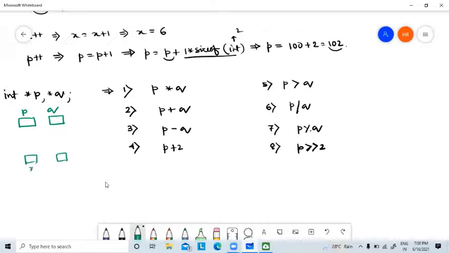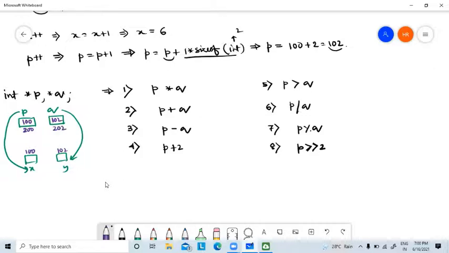Suppose there are two variables X and Y. P is pointing to one, Q is pointing to the other. The address of X is say 100 and of Y is 102. So the values are 100 and 102, and the addresses of the two pointer variables are different, say 200 and 202.